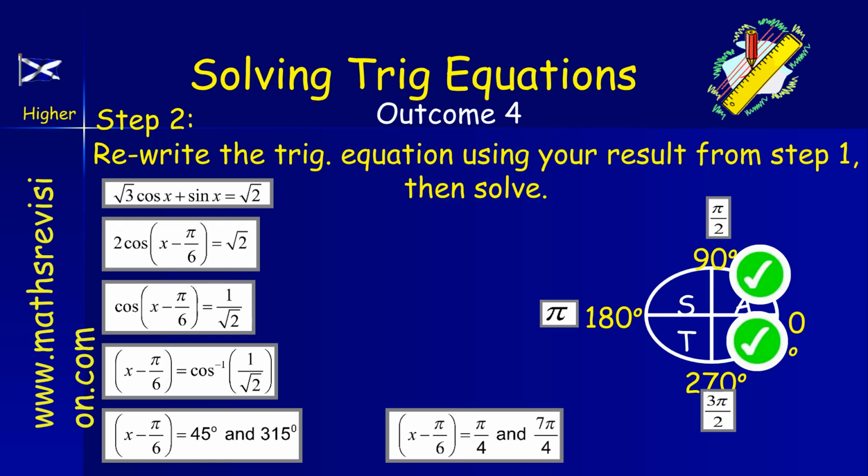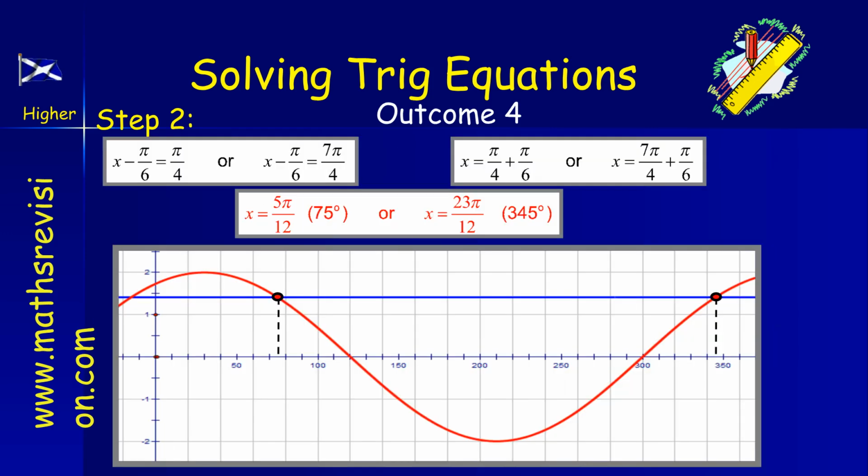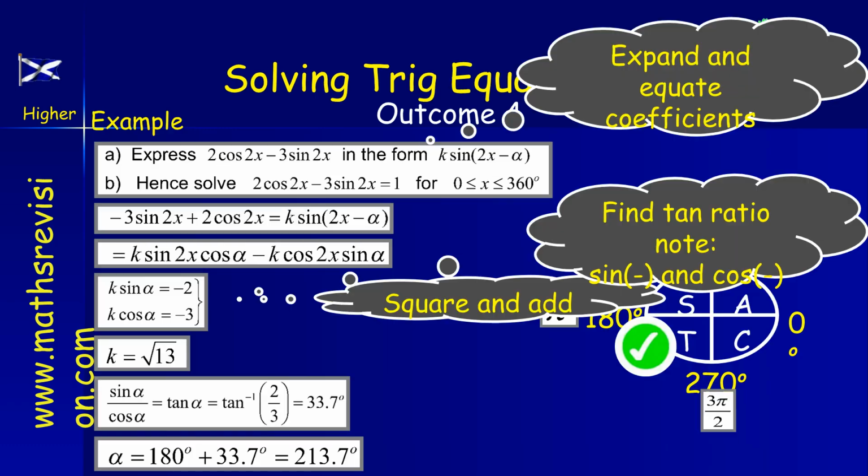Next, let's explore solving trigonometric equations. We want to solve root 3 cos x plus sine x equals root 2 for values between 0 and 2 pi. Step 1 is to write root 3 cos x plus sine x in the form k cos of x minus alpha. By expanding and comparing coefficients, we can solve for k and alpha. Solving these coefficients, we find that k equals 2. We then determine alpha by looking at the tangent ratio of the components, which leads us to an angle of